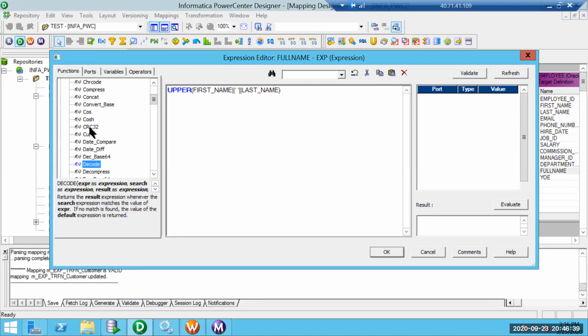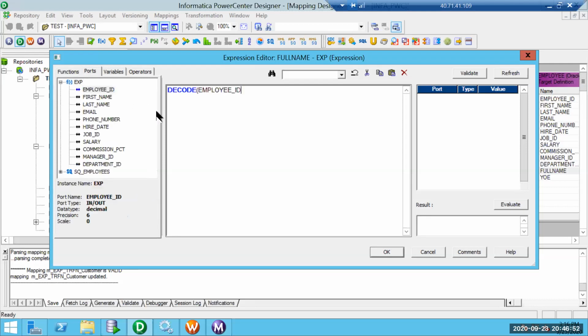Decode functions are something like a switch. So I'll just explain some of them. Decode, then I'll provide some employee ID, or maybe I'll say decode job ID.